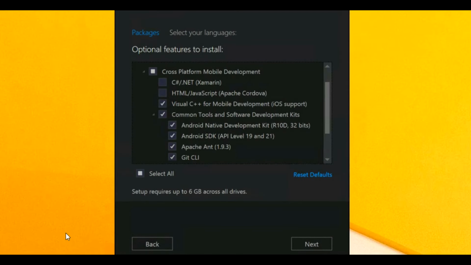Hey guys, here's the demo for the cross-platform mobile development experience with C++. So let's get started. In order to install the Visual C++ cross-platform mobile development experience, please go ahead and choose